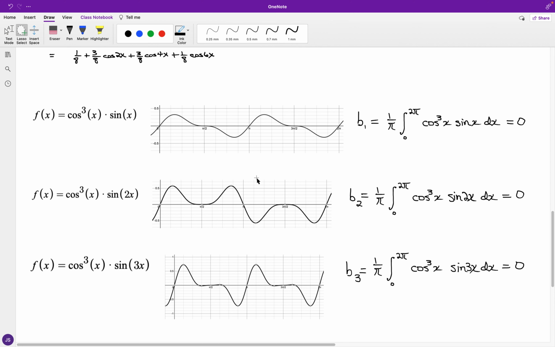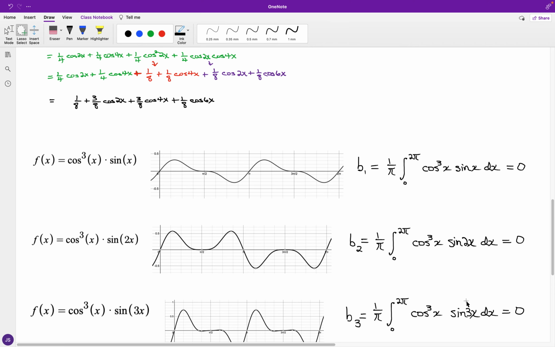And guess what? As we go from sine of x to the sine of 2x, we have a different graph, but still equal areas above and below the x-axis. So we can say that for b sub 2, we had that result to be 0, and now setting up what we have for b sub 3. So we now have the product of the cube of the cosine of x and the sine of 3x. And for the graph, we have just as much area underneath the x-axis as we do above. And so in this case, thinking along the lines of additive inverses,